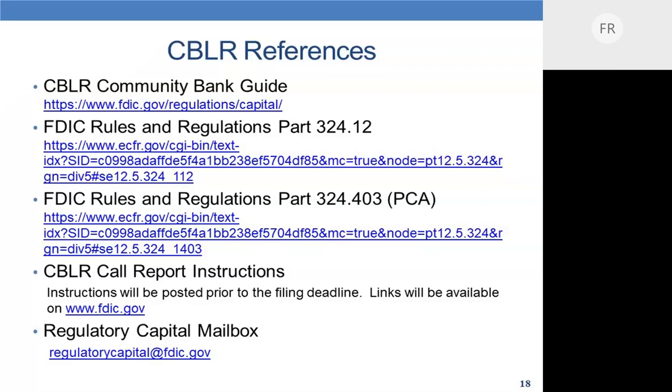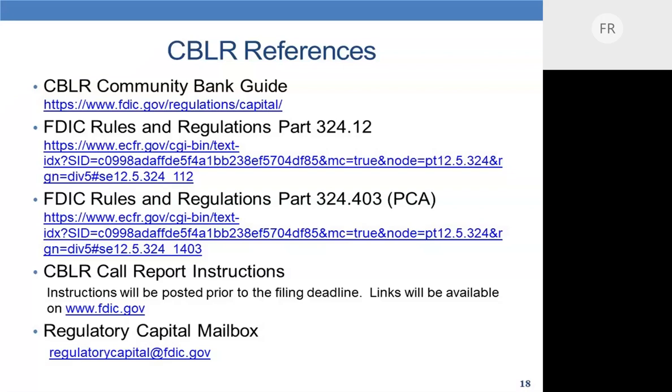So Congress passed a law, and that directed us to write a rule to implement the CBLR into our capital regs, and that is what the agencies did. And it is an optional framework for banks to opt into if they meet all the qualifying criteria. And if you do that, we tried to set up the framework so that it's a simpler way to calculate your regulatory capital ratio